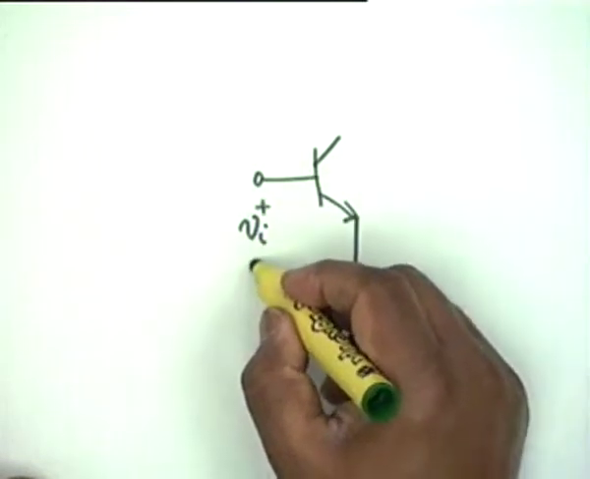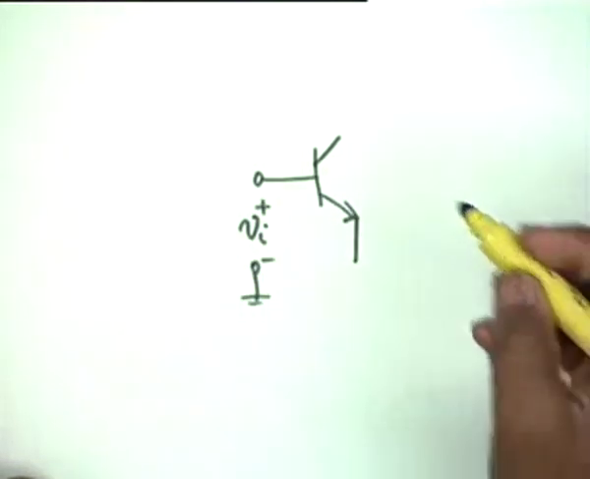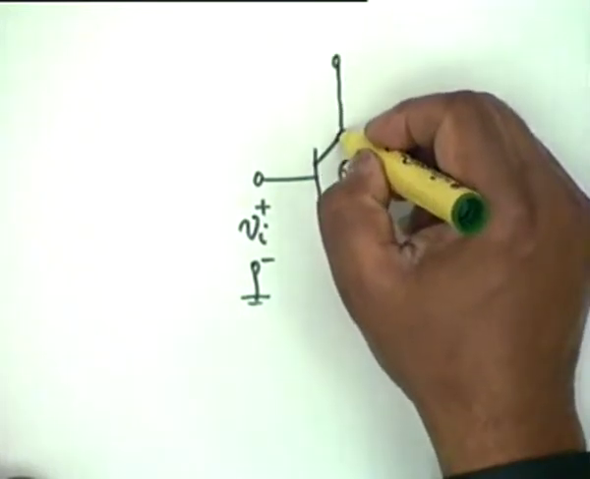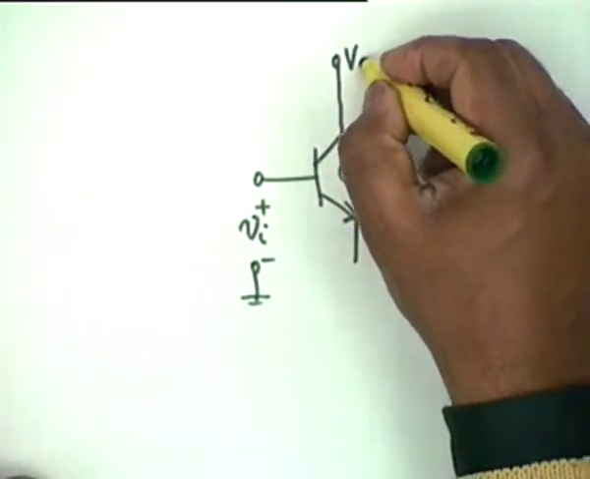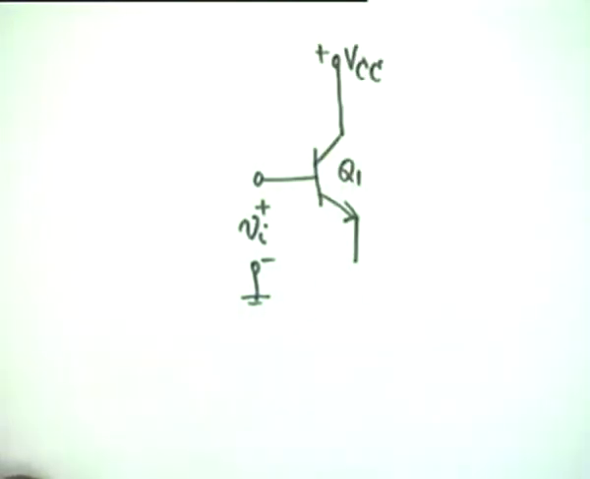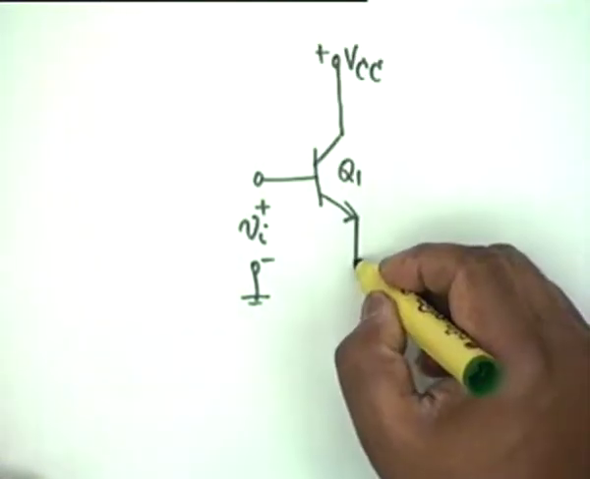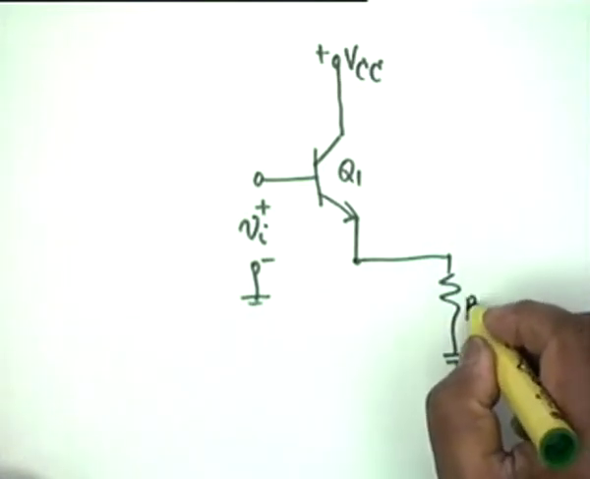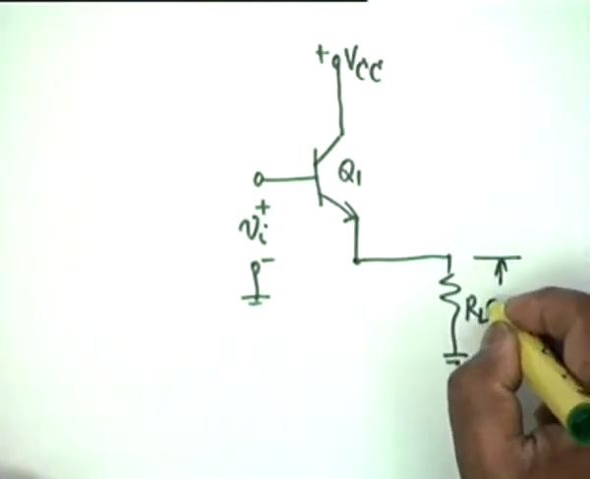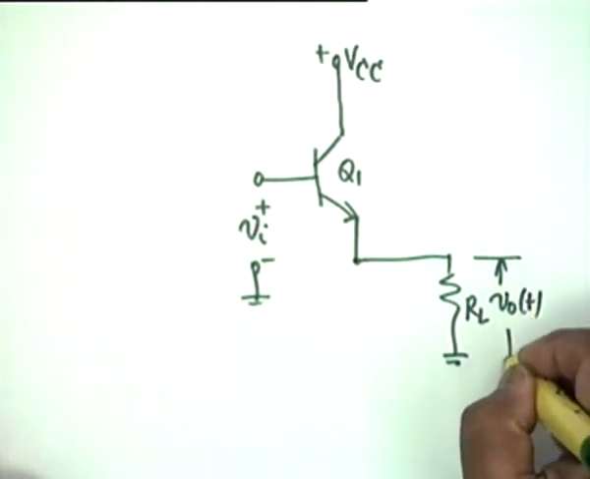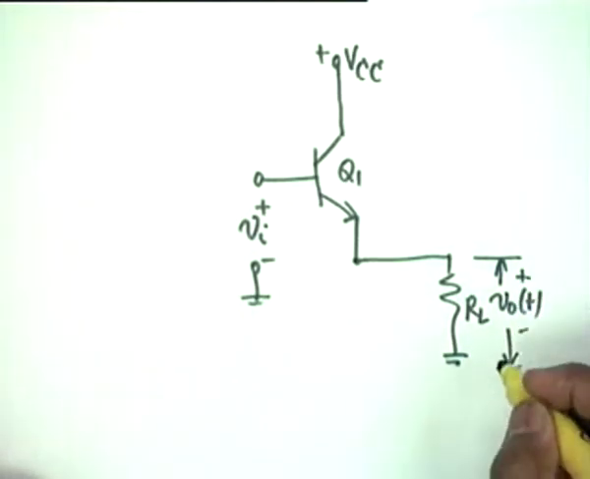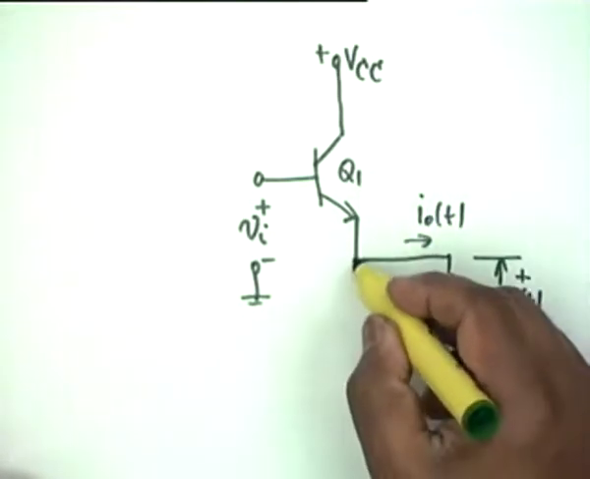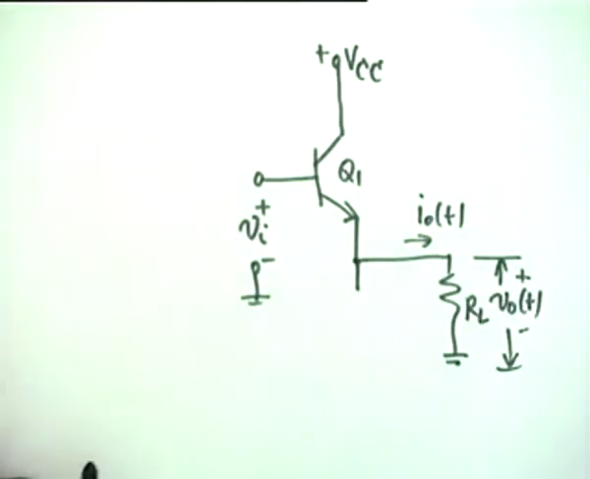We have a VI plus minus the main transistor Q1, which is operating in the emitter follower mode, that is, the collector is connected directly to plus VCC and this emitter goes directly to the load RL. The voltage here is V0 of t. We have gone back to the time domain, and the current through this is I0 of t. In order to bias the transistor,